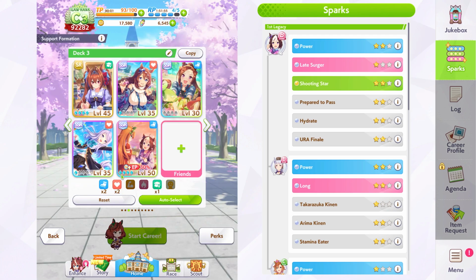Let's go to the support cards. You can put your best support cards in here, and then that's your deck. But you can also add a friend card. So